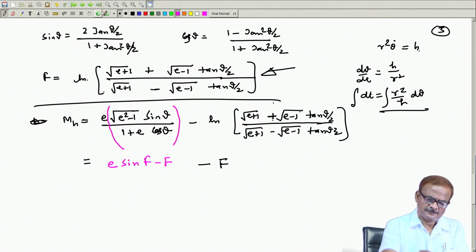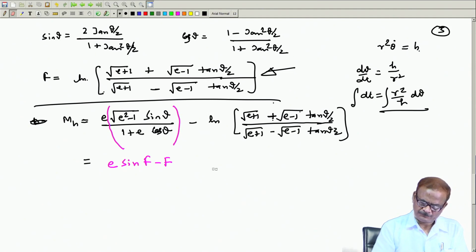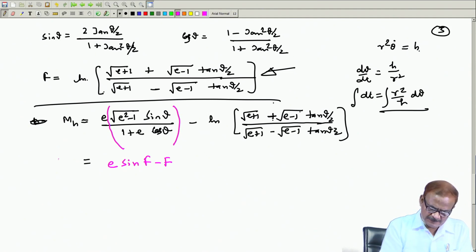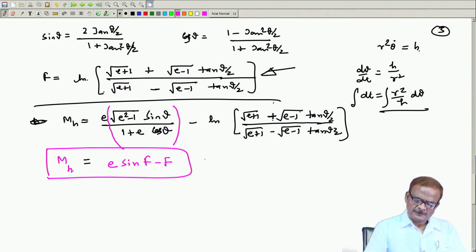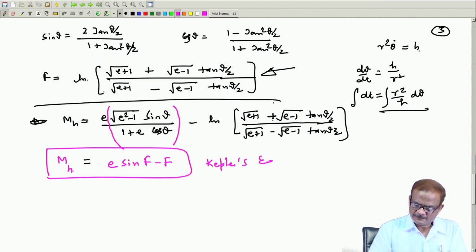So we write here, and this is nothing but your Kepler's equation for the hyperbola,